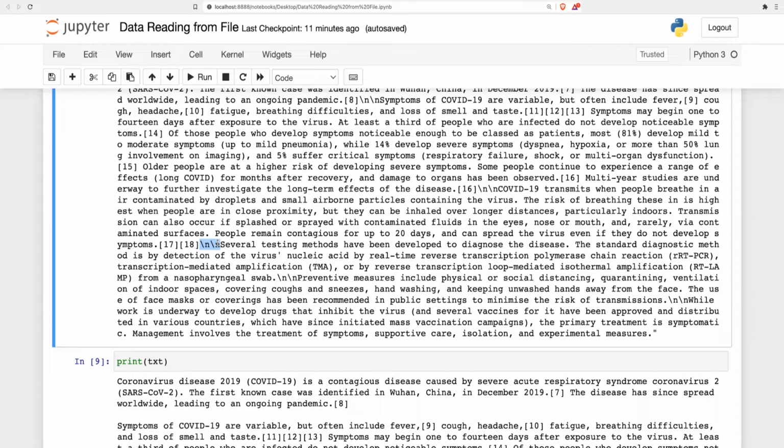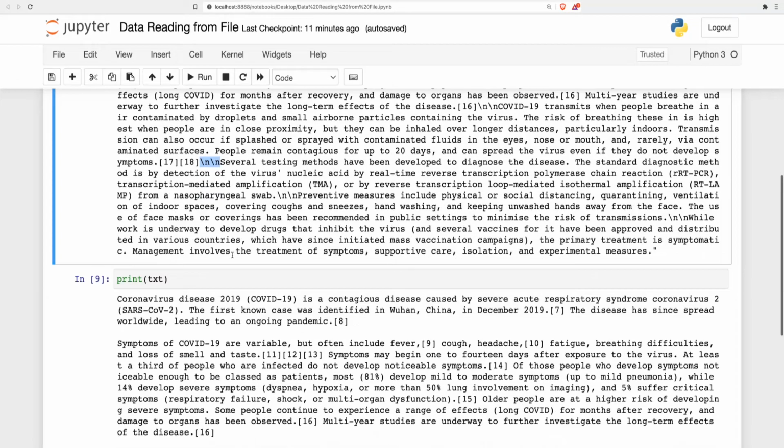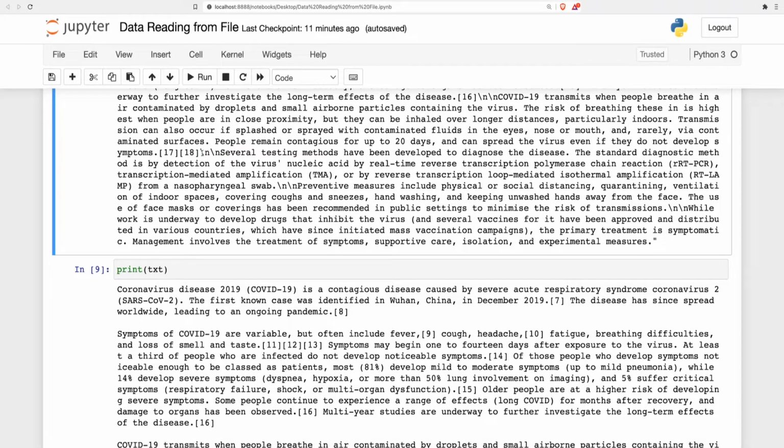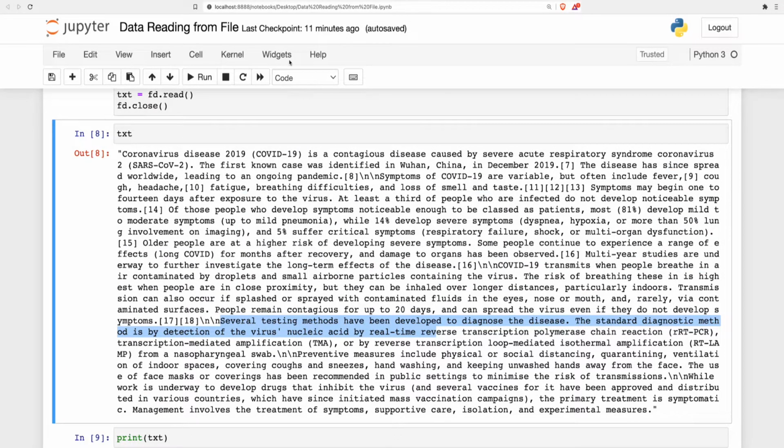This is a very important thing, that we have understood the concept of \n, how the computer understands where a line ends or a paragraph ends. For that purpose we can take the reference of \n, and that is why \n's are here as well. If I am printing it directly, \n will automatically be converted to enter, like one enter is here, after that another enter, and after that I'll start writing the text again. Okay, this is how we have read the whole corpus from a file.